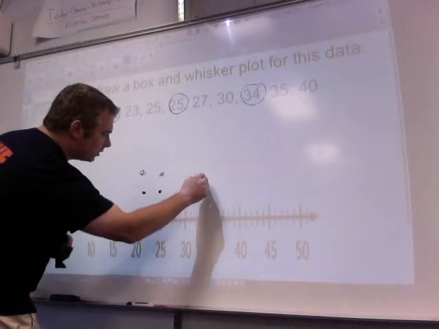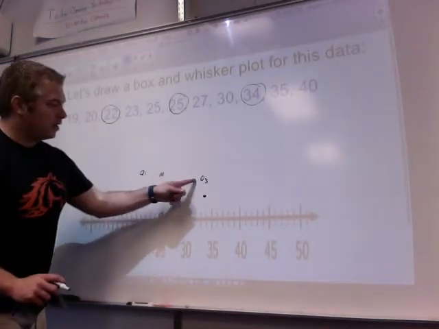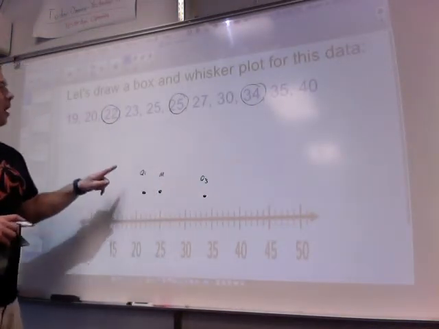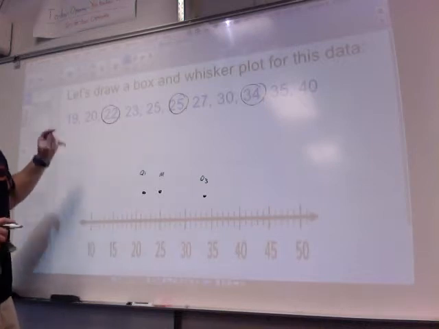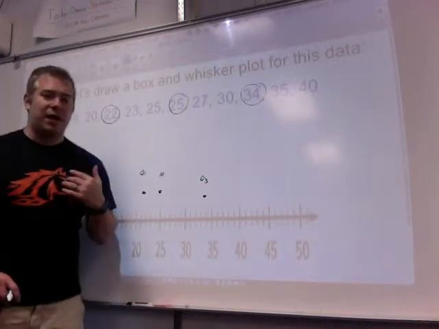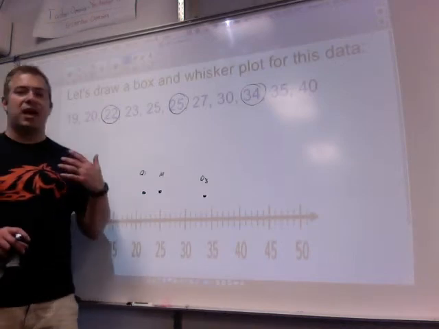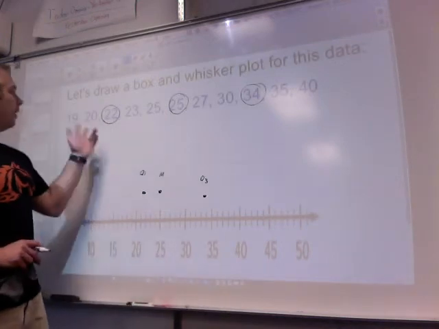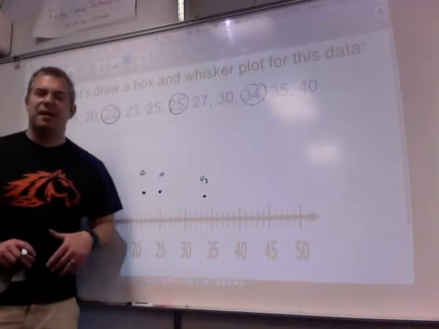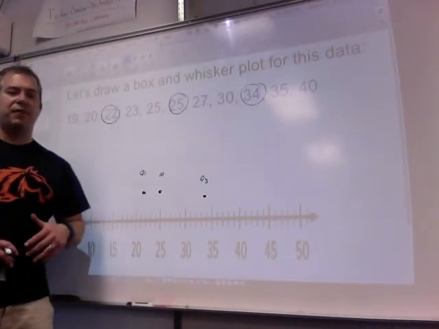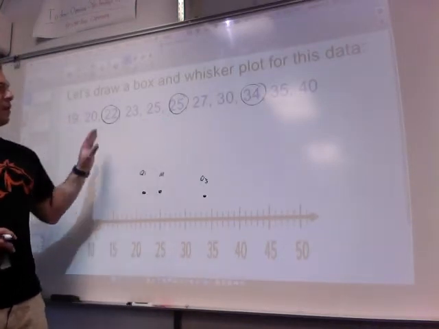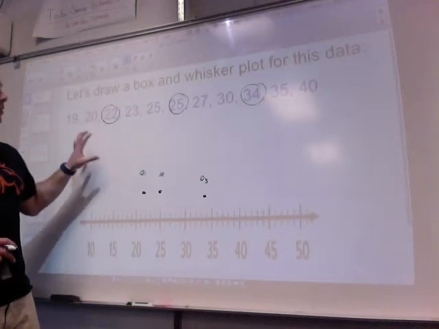Make a note to myself that says Q3. You can't see it. It says Q3. Don't worry about it. And I've already predetermined that there are no outliers. I don't want to go through the whole process again. And some of you are still just kind of eyeballing it, seeing, well, there's no outliers here. But you got to kind of know the equation to figure it out. If not, see me. But over here, I already predetermined there's no outliers, so I don't have to worry about